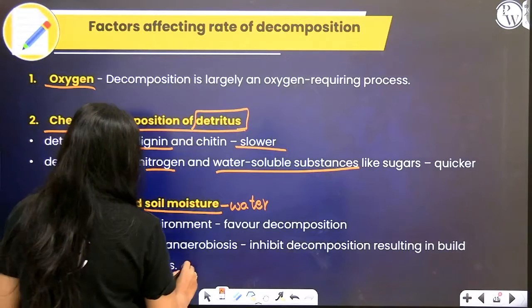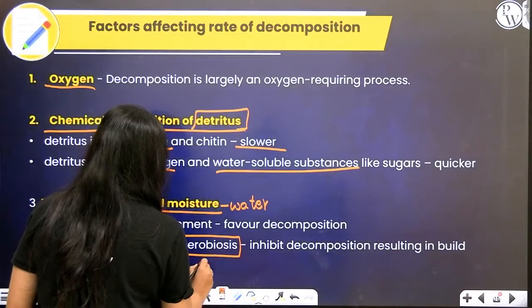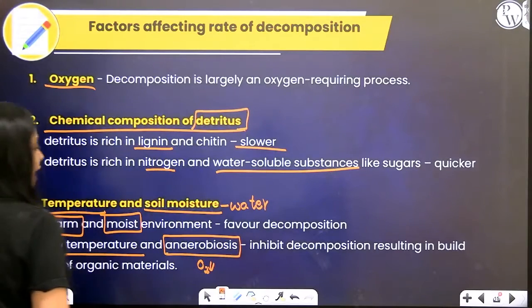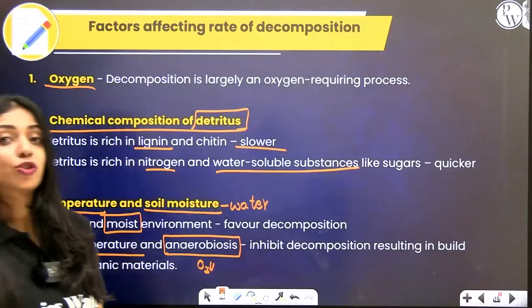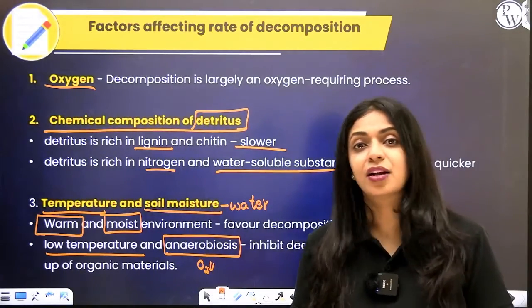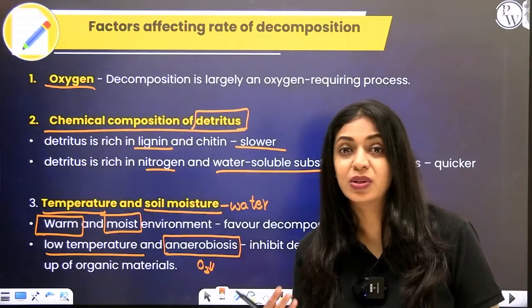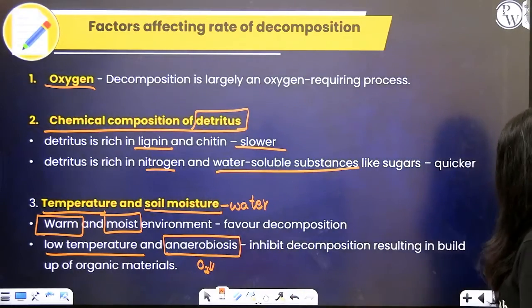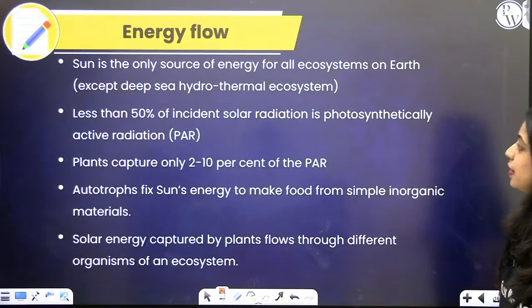Low temperature and anaerobiosis. Anaerobiosis is little oxygen content that will result in slowing down or inhibiting decomposition, as a result of which the organic matter will start to accumulate in that ecosystem. Right? Now, let's discuss the